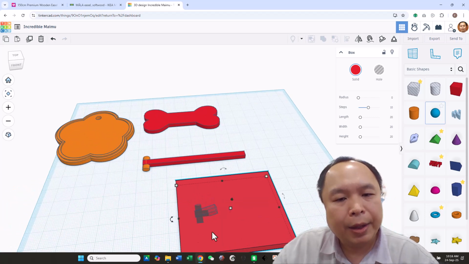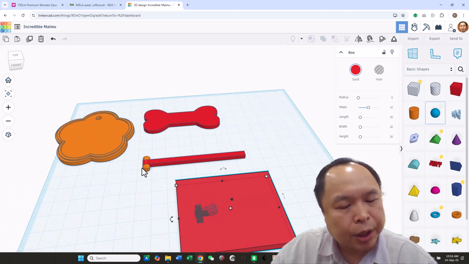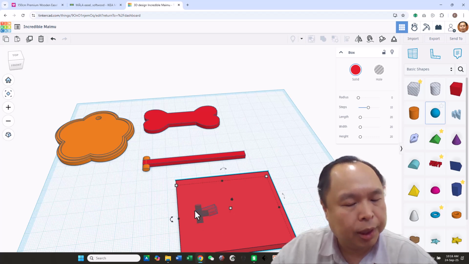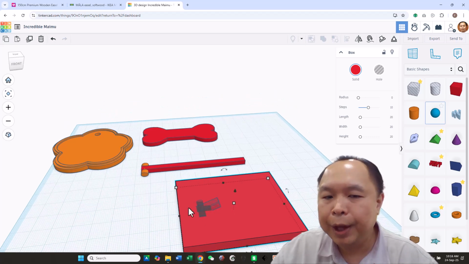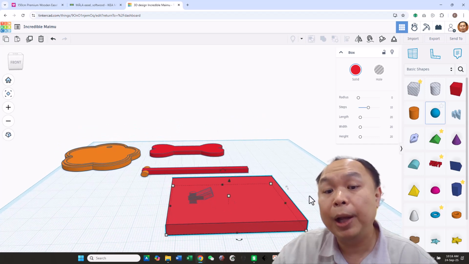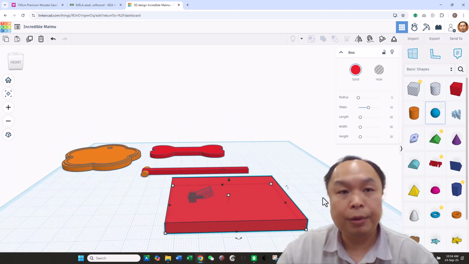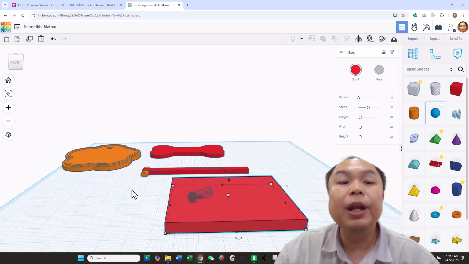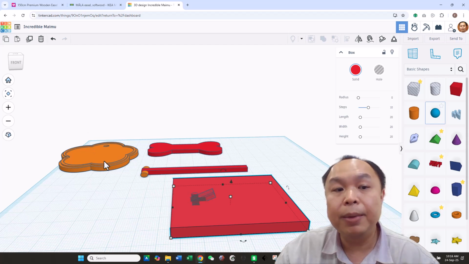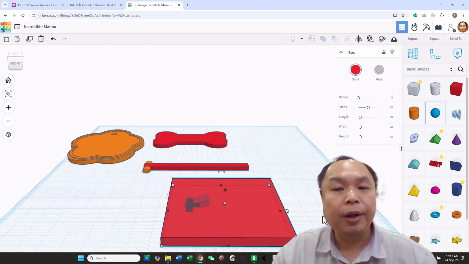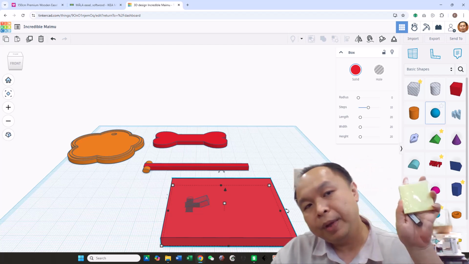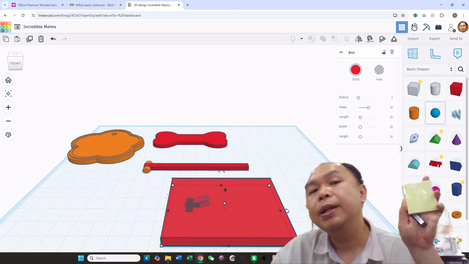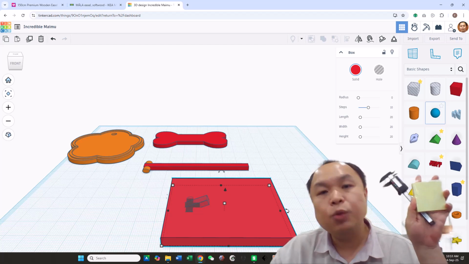So I let you design this section. I want you to think how you put this section in. I have given you the idea, but I cannot give you all the answers, and I want to see how you think. This is for those of you who can complete this. If you think that is too easy and you can complete it in 10 minutes, I expect you to create something more complicated, and I'll give you the information. You find out the length, the width, x, y, and the z